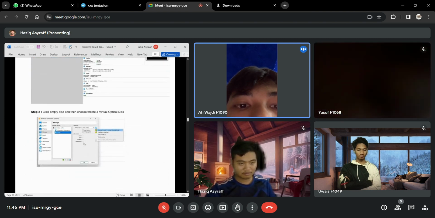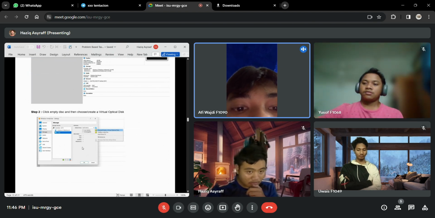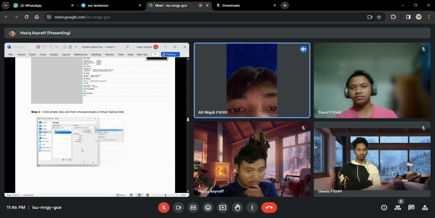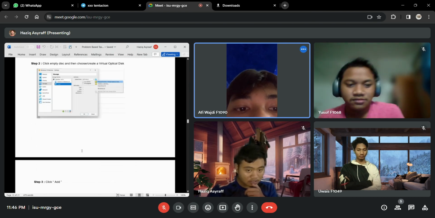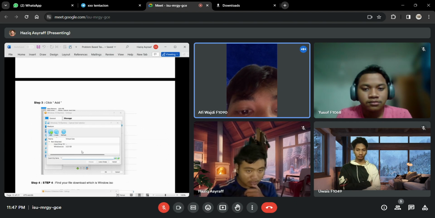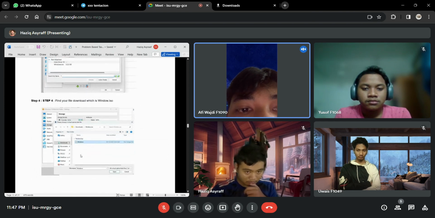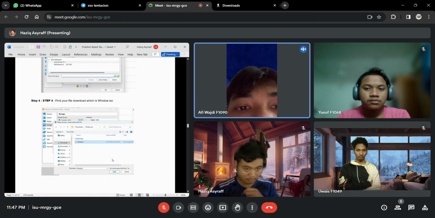Step 2 is we must click the empty disk and then choose or create a virtual optical disk. And then after that, we must click add disk. And step 4 is we must find your downloaded file,